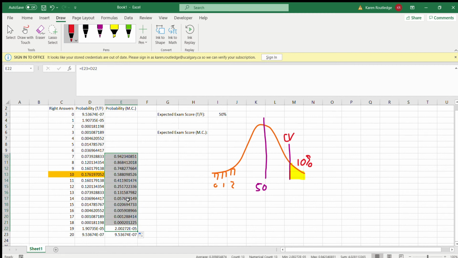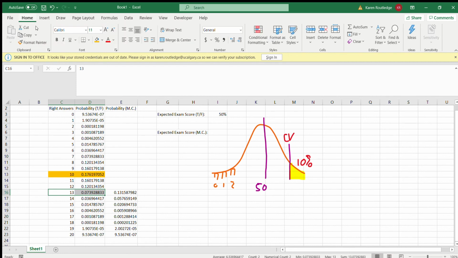So we can see I didn't have to go that high. There's 6%, there's 13%. So let's get rid of those because I don't need them. So it's kind of somewhere in this range. 5% was a bit too low for this example. We wanted at least 10%. So we're probably going to say it's 13. So let us highlight that in a different color, red for instance. So that was our 50% cutoff.